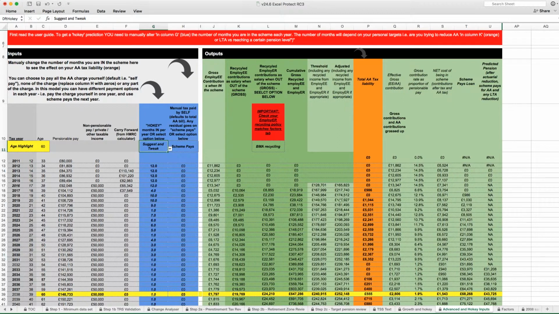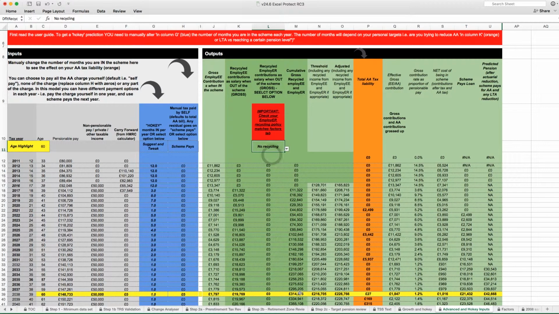And then just to illustrate it, if we turn that policy back to no recycling, so at the moment we've got a pot of additional salary of £647,000, and then if we turn that recycling off, you can see that's very much reduced. That's now come down to